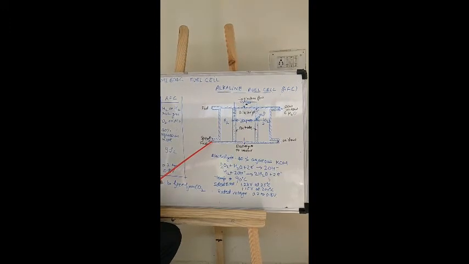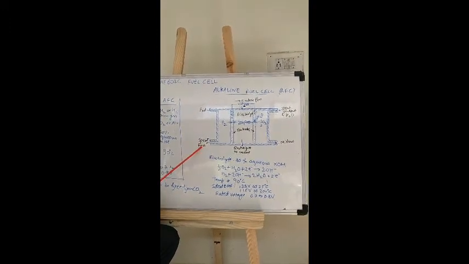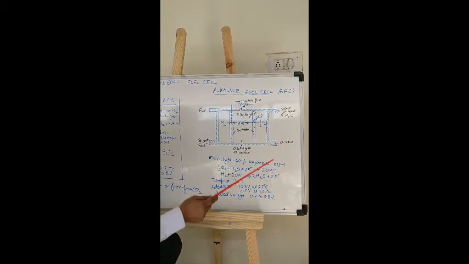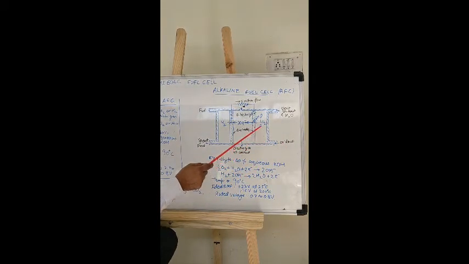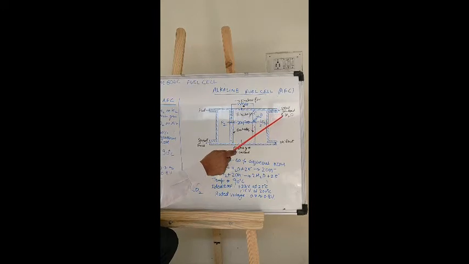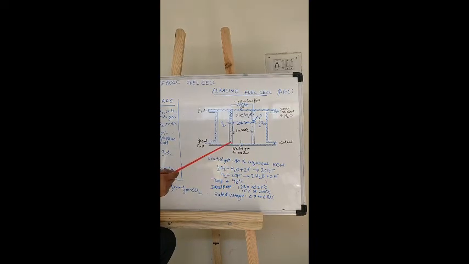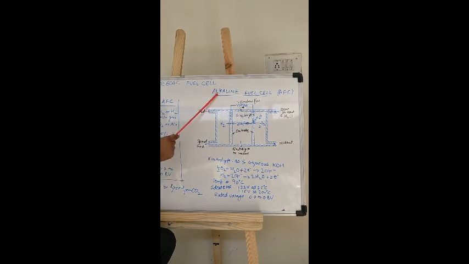So the rest of the working of the fuel cell is similar to phosphoric acid fuel cell. Fuel is supplied, and is taken out from this end. Similarly, oxidant is supplied from this end to the electrode, and spent oxidant and water vapor is removed from this end. During the chemical reaction taking place inside this, the temperature increases. This type of fuel cell, alkaline fuel cell, can have operating temperature up to 90 degrees centigrade.